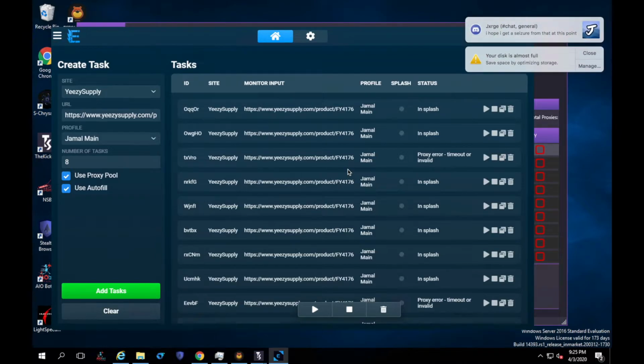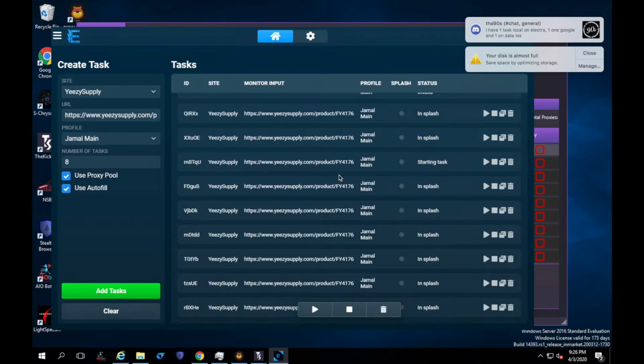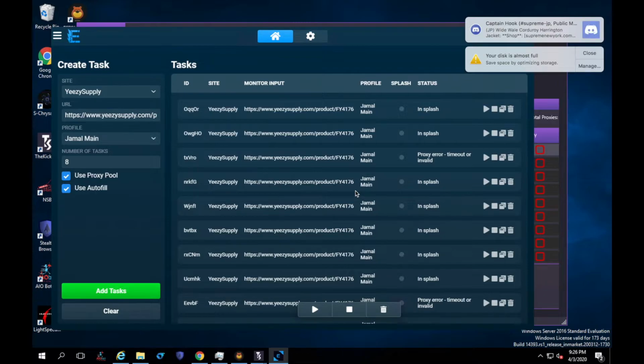But back to this. This is, like I said, Electra browser. It's a dope bot. If you get a chance to get your hands on it, I would say this right now is an upcoming Yeezy, Splash, and Adidas bot. Anytime you're in Q or Splash page, I think this bot is working pretty well. I'm still figuring out ways to work this bot, I must say,